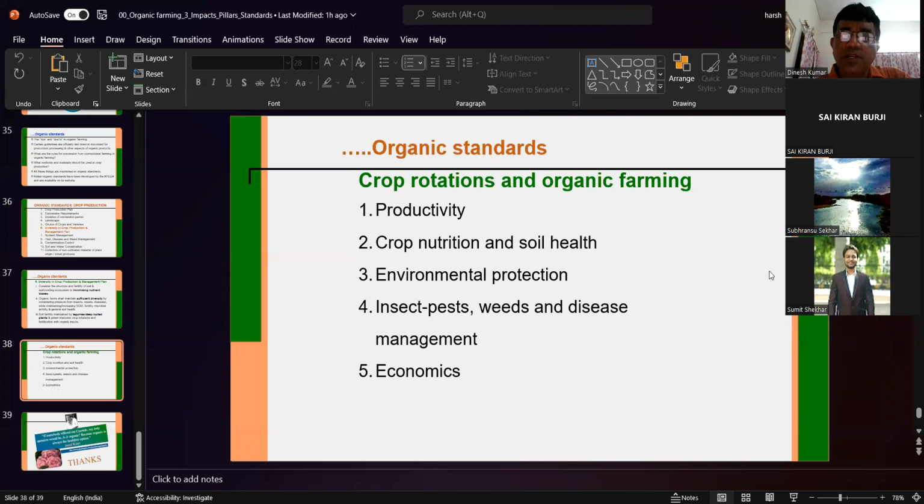And if you go for crop rotation, they have important role in insect pest, weed, and disease management. I'm not going into the details. And economics. If you follow crop rotations, your cost of cultivation reduces and your profit increases. So therefore, crop rotation have very important role. Because here it is not possible to teach you crop rotations, but any student, if interested, you can find my old lectures on crop rotation on YouTube channel. And if you don't find, just ask me, I can give you some literature to read on crop rotation.